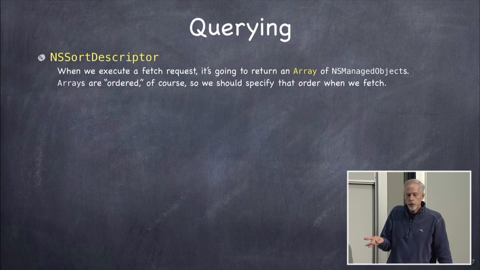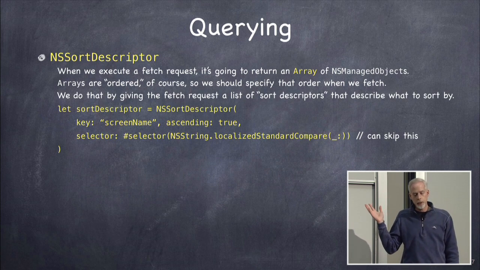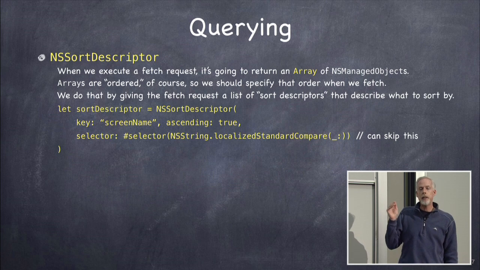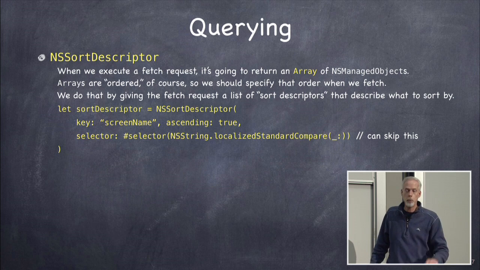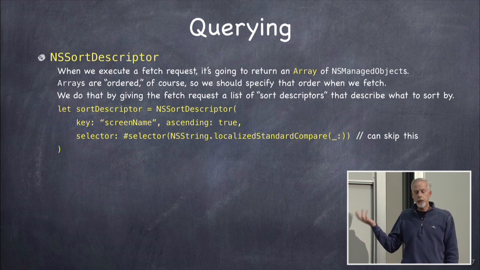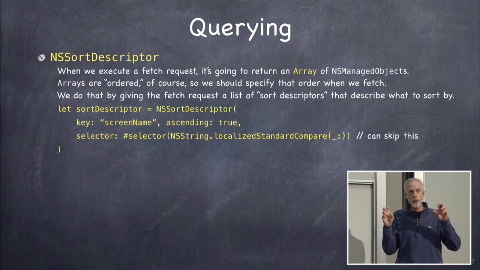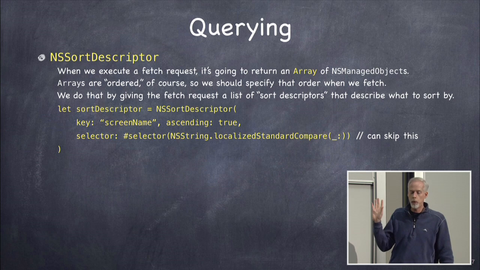Okay, now we need the sort descriptor, right? Let's get this array coming back. What order are they going to be in? A sort descriptor looks like this. You create it with a key. That is the key, the attribute in the database that you want to sort on. So the screen name or even the text in the tweet or the actual name of the tweet or whatever it's going to be. This right here will be a sort descriptor only suitable for fetching Twitter users because screenName is a key in Twitter user, not in tweets. We wouldn't use this sort descriptor in a tweet request.